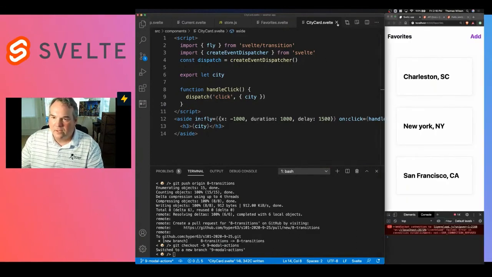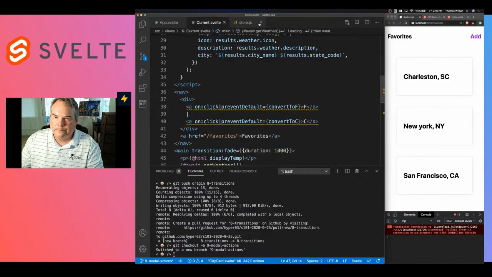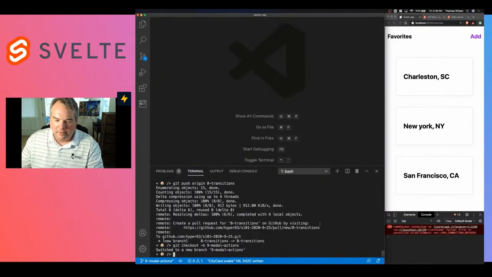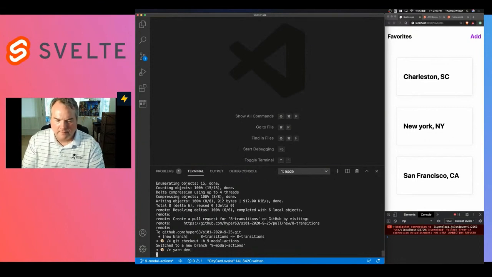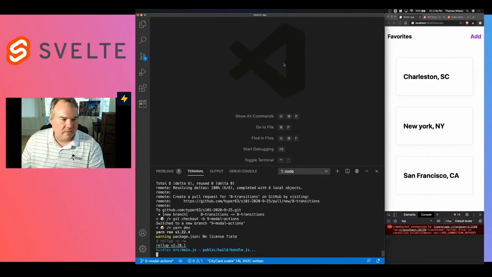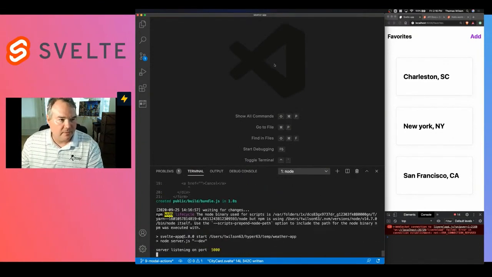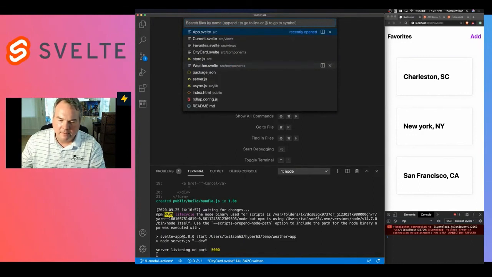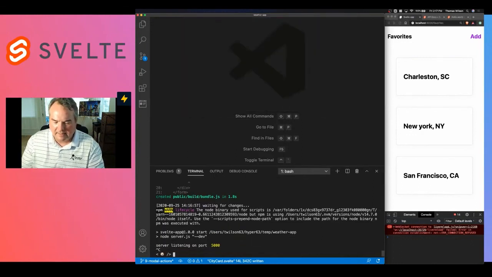So we can close all of these tabs, and we'll restart our server. And then we're going to build this modal from scratch. So we'll open up, you know what? Before I do that,